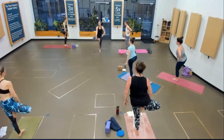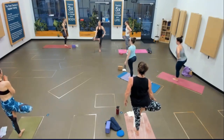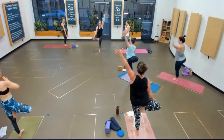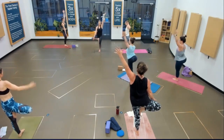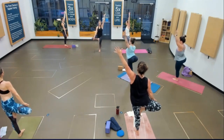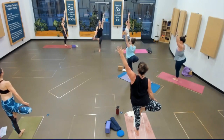Use the back of your right palm against the crease of your right knee, and those 2 points can press together, and then your left arm can reach to the ceiling. Now look for this while you're holding the pose. While you're making this contact, right hand, right knee, and then left foot into the ground, left fingers into the